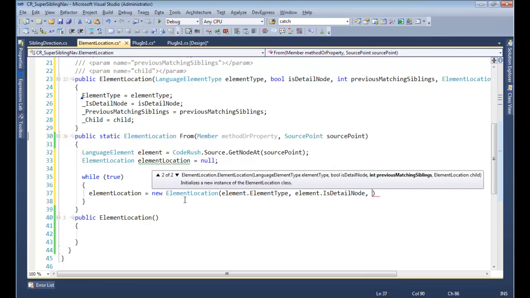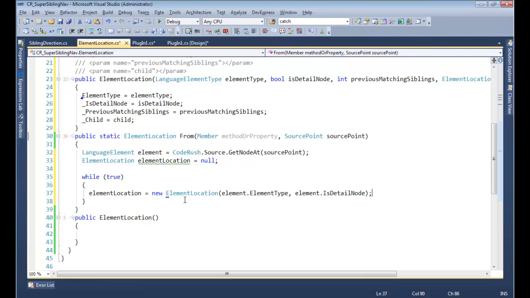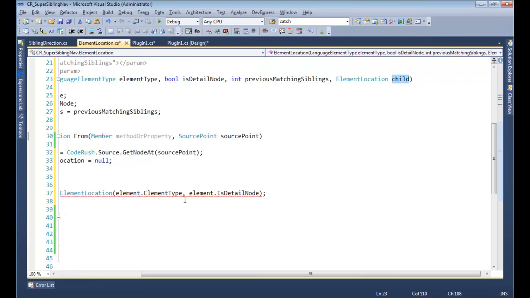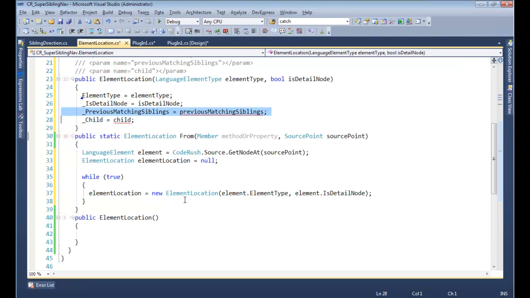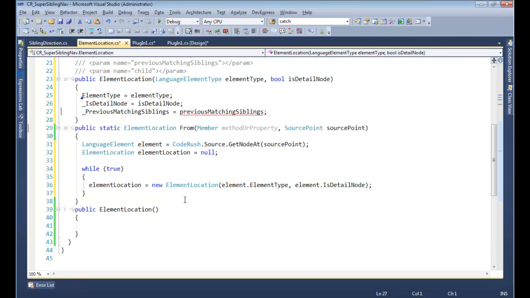Previous matching siblings, we're going to have to calculate that piece right there, and the child is actually going to be coming from this while loop. So we're just going to only need those two parameters to it. So let's come here. We'll take out these two, and take out this. And this one we can calculate with a call to calculate previous matching siblings,